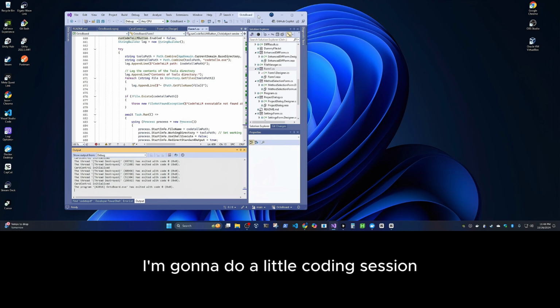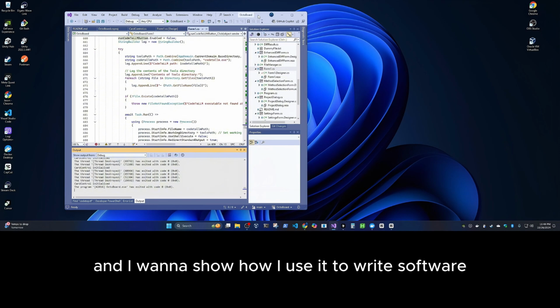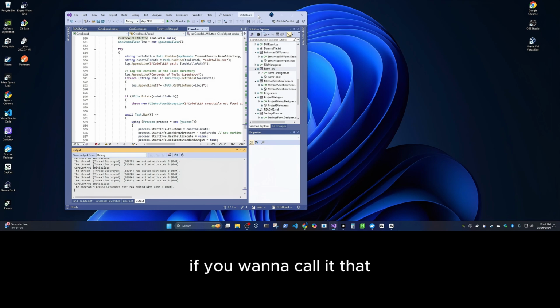I'm gonna do a little coding session, and I really want to show a demo of Octoboard, and I want to show how I use it to write software, if you want to call it that, because I'm not doing a lot of writing.